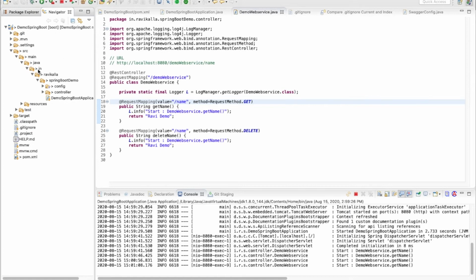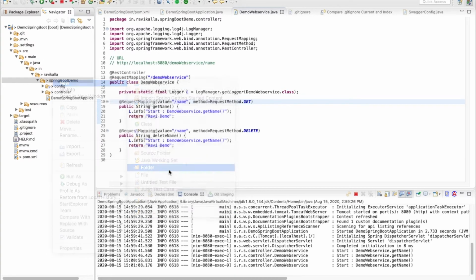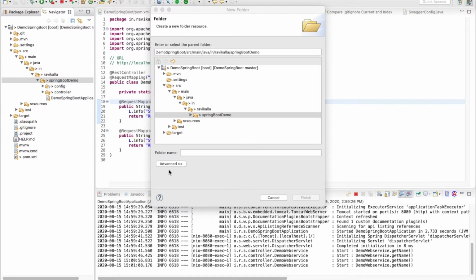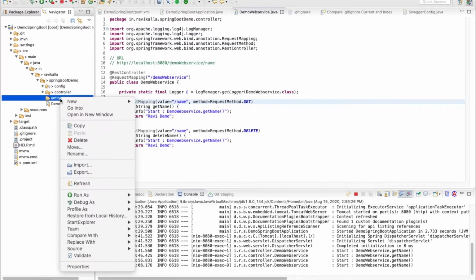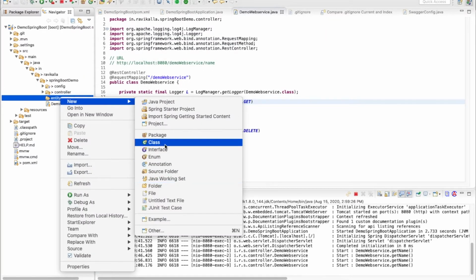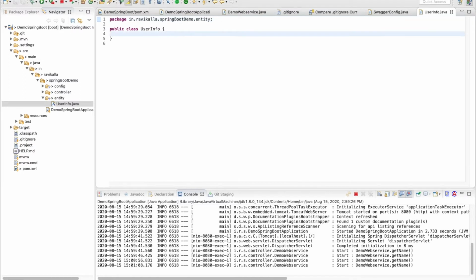Let us create a user object and write some web services around it. So I put the user object in a folder called entity. In this, I'll create a class called UserInfo. Here the properties can be private long